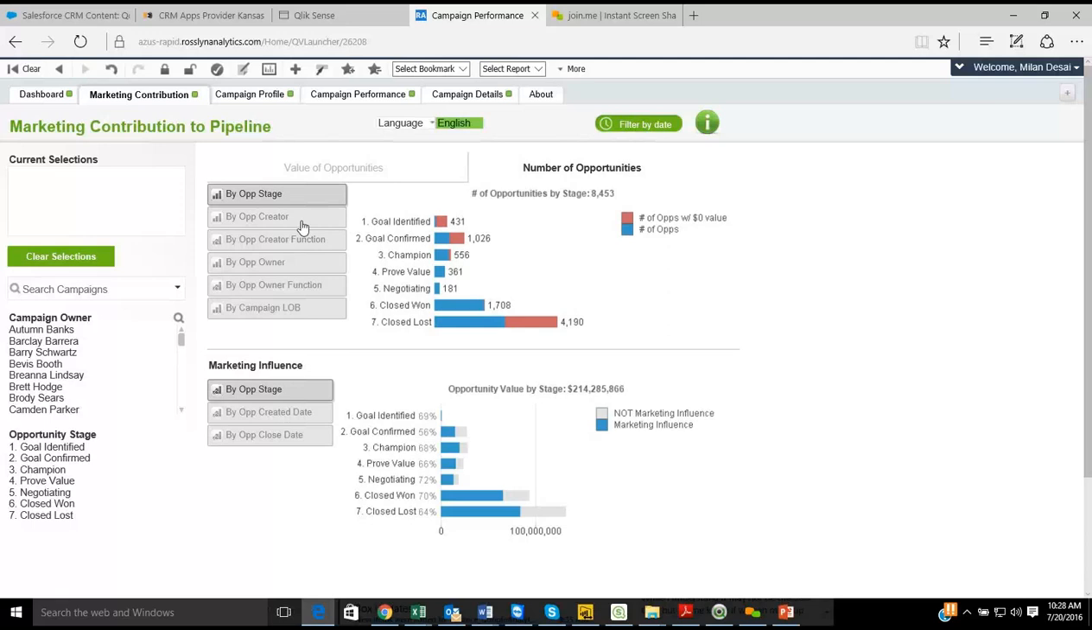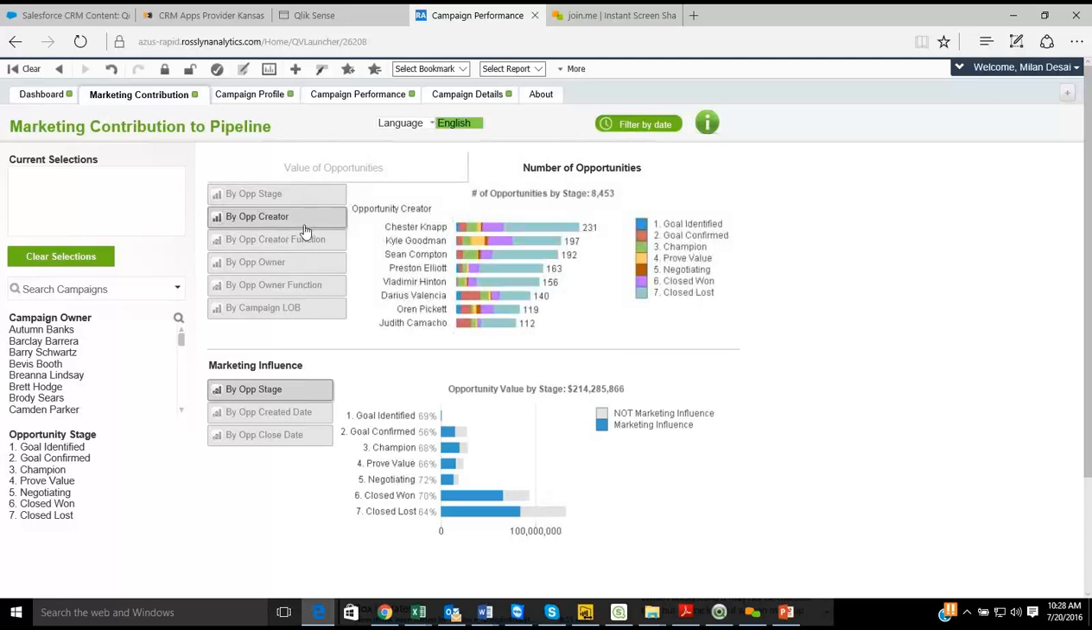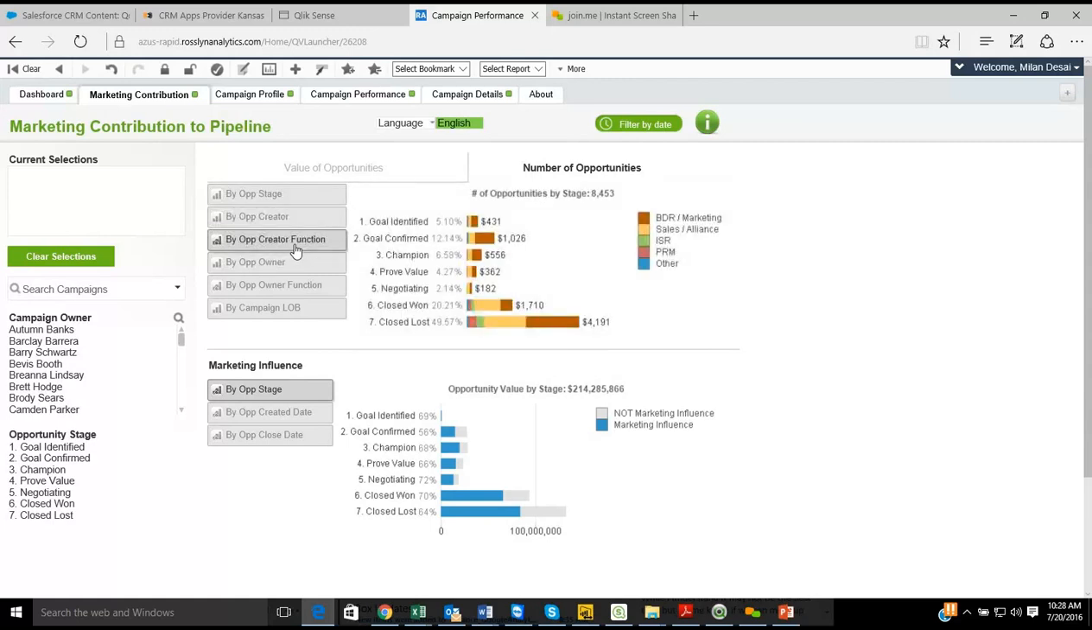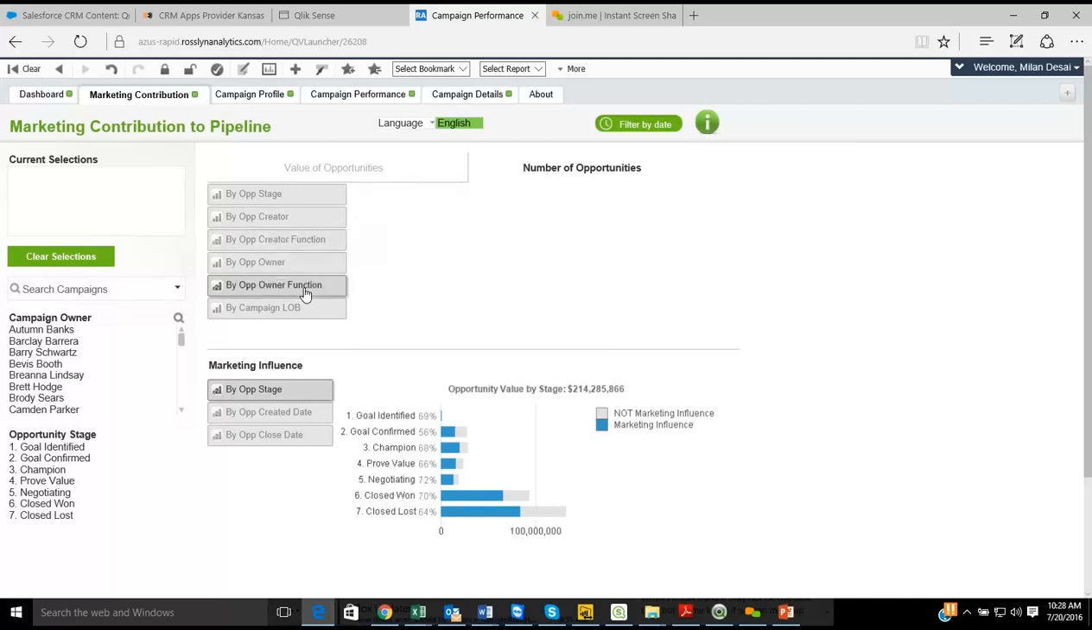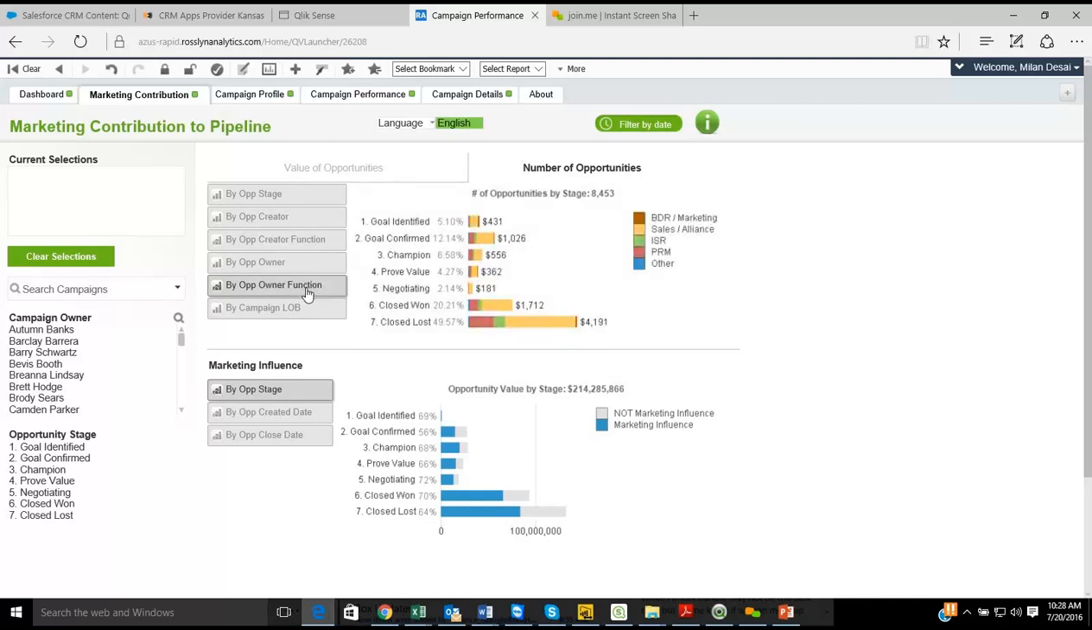Again, we are looking at opportunity creators, so who created these opportunities from a sales perspective, which functions or departments, so marketing and sales and alliance, different functions within the organization, opportunity owner function. So again, we are looking at different functions here. And the key also is non-marketing influence and marketing influence. So how many opportunities were actually influenced by marketing and how many were not, and that you can basically look at it by going back to